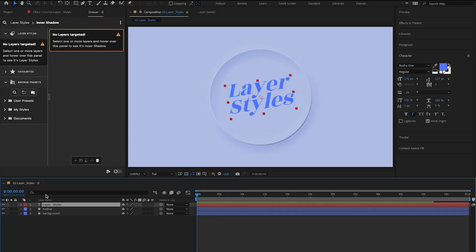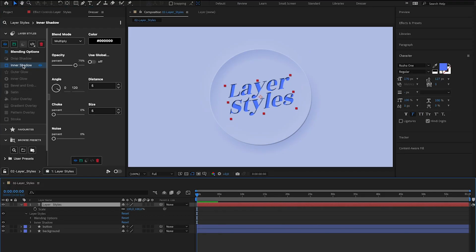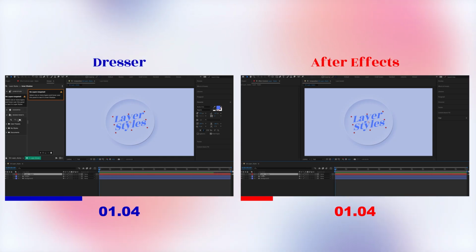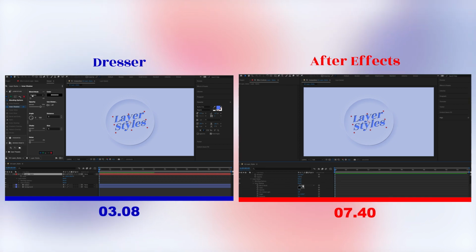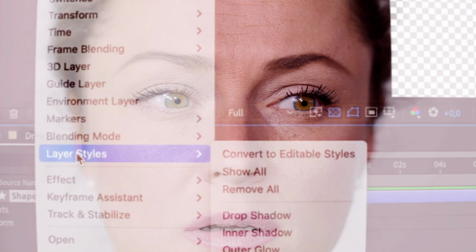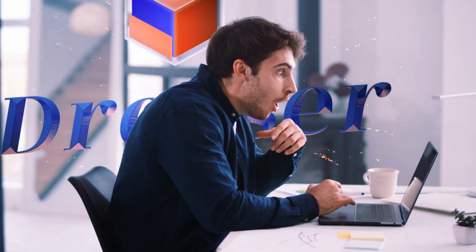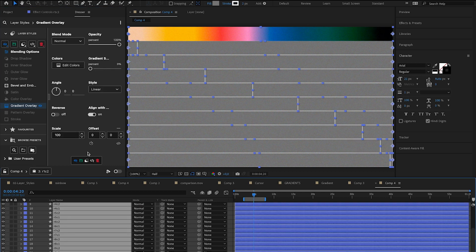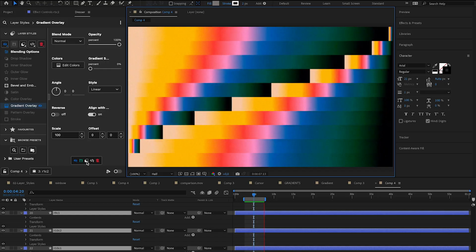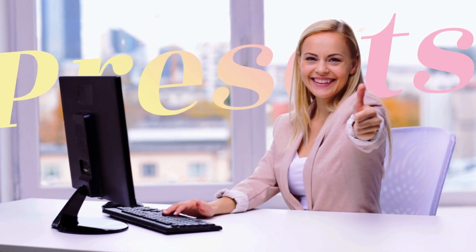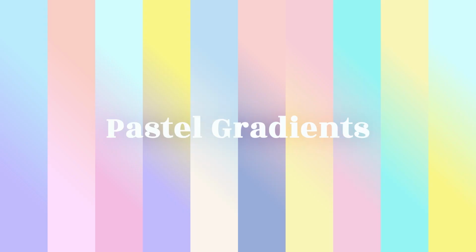With Dresser, you just select the layer, hover over the panel and double-click Inner Shadow. If it wasn't clear, that's a huge time saver and a lot less brain exhausting. Hey, it may actually make you want to use layer styles. Furthermore, Dresser makes it easy for you to apply and adjust layer styles on multiple layers at once. Want an even quicker fix? Dresser has you covered, with 100 plus free presets included with your license.